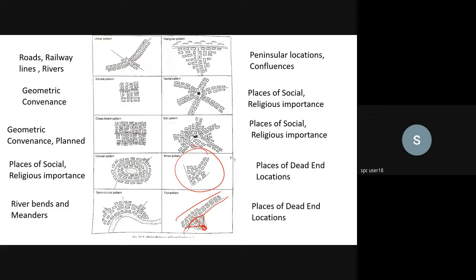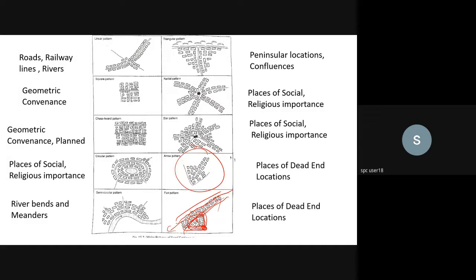Now you could have a main road which is going this particular way. So the settlement grows, and then it comes to the main road, and then it starts spreading along the main road. So this could be an extension, but that extension with the straight handle looks like a fan, and that is why it is called a fan pattern type of location.